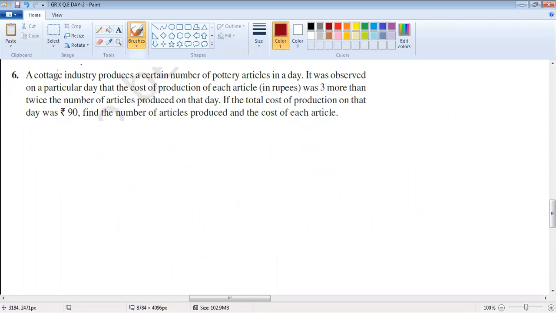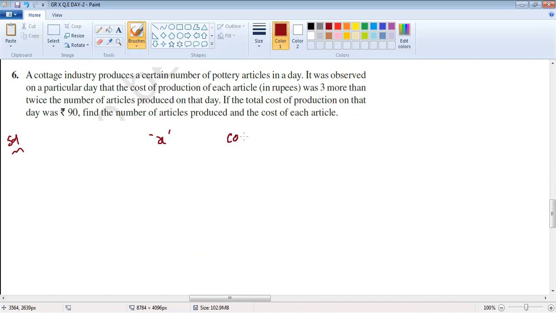Okay. Then, a cottage industry produces certain number of pottery articles in a day. We don't know how many articles they are producing. Let us think of this as x. It was observed on a particular day that the cost of the production of each article was 3 more than